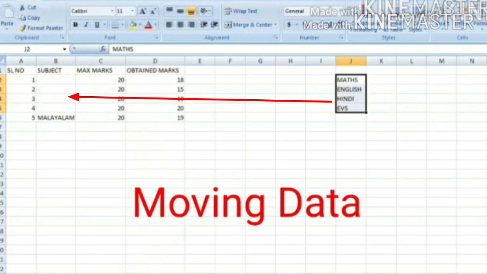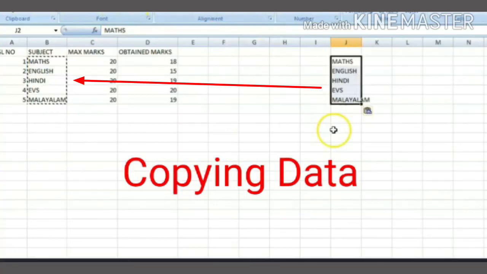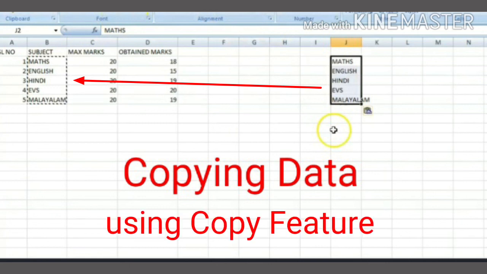So for moving we use the cut feature. And while copying, you can see here, the data is not removed. We are just copying the data, and for copying we use the copy feature. I hope it is clear to you now.